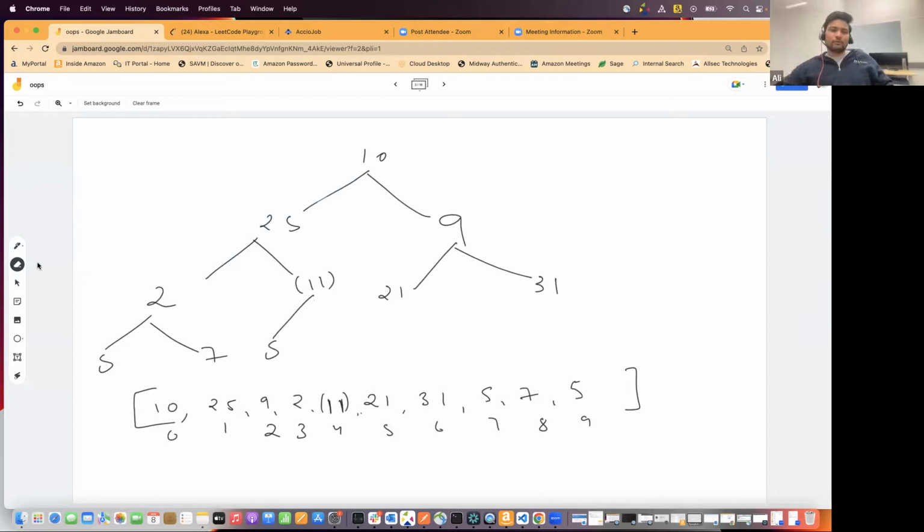Now, for one element, we don't have to find it. If we have only one element, there will not be any parent, meaning there will not be any element which has children. That single element will be a leaf element only. So the formula which he gave is